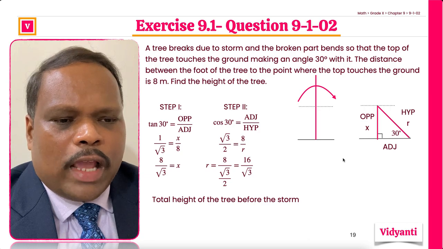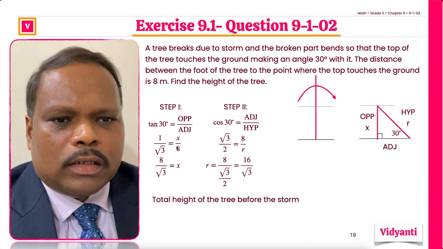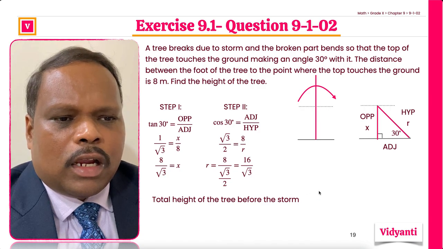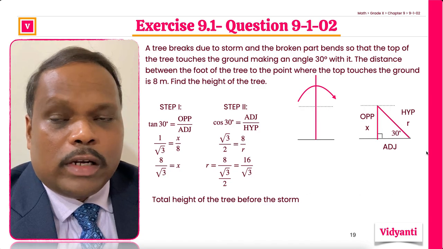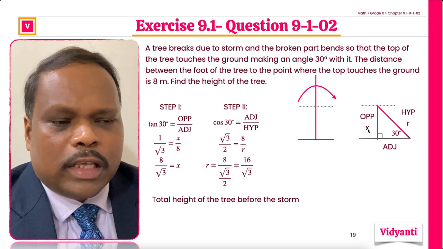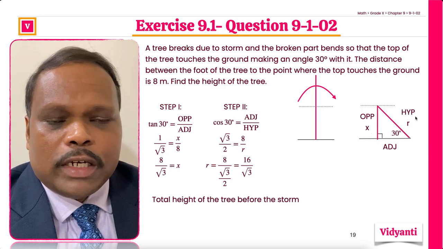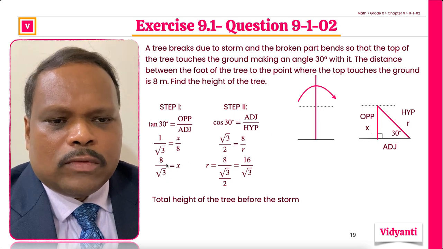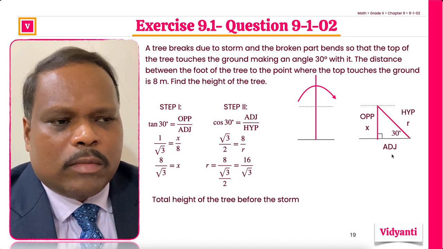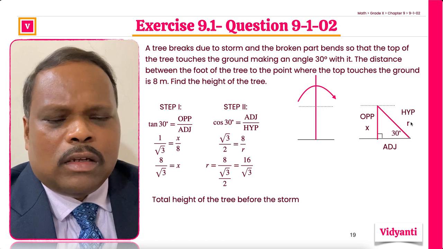So now we'll have step 1 as tan, which gives x as 8 over root 3. And remember, if we want to calculate the total height of the tree, just x is not enough. We also should get the hypotenuse. So the x value is 8 over root 3, and this hypotenuse can be found out by, well, now we have